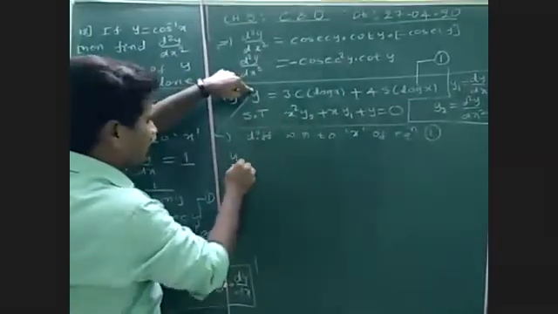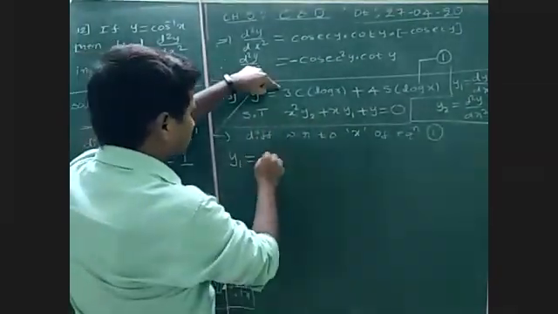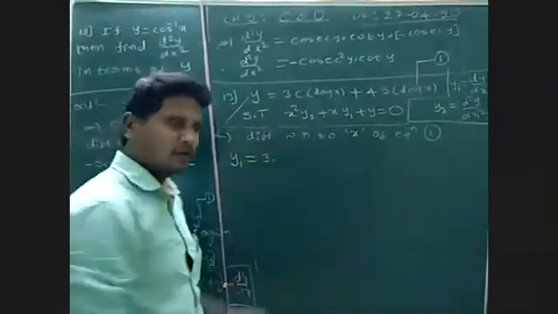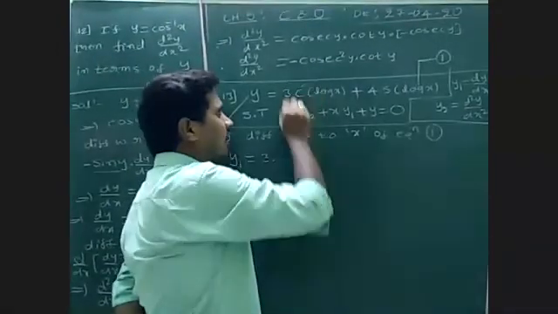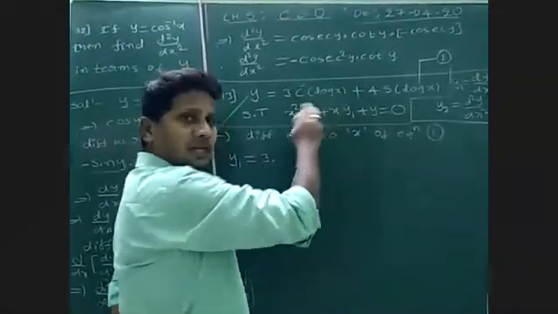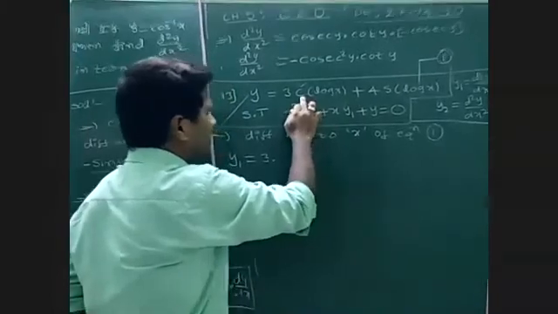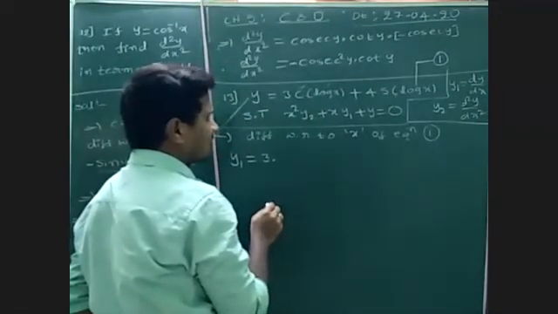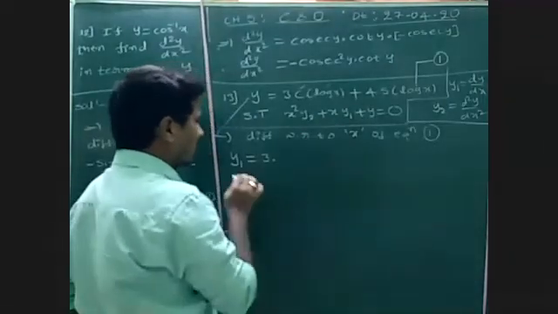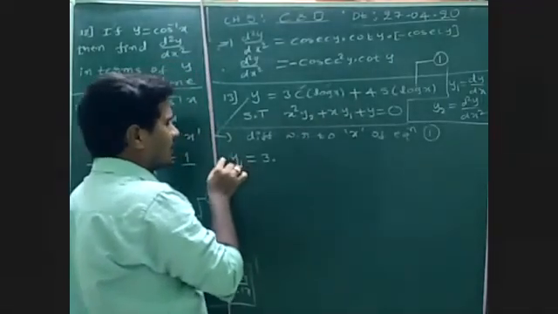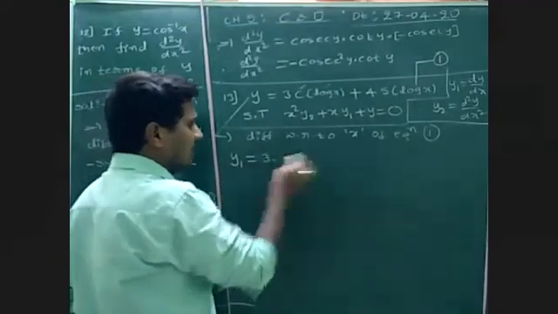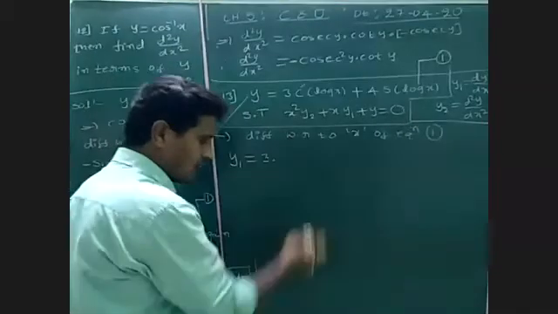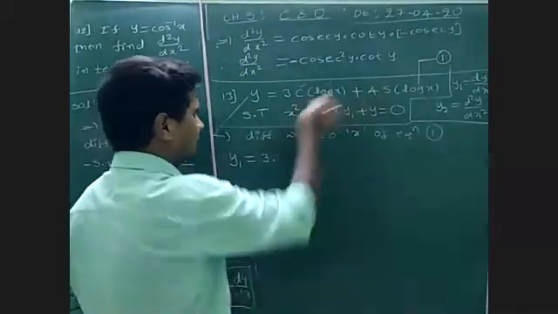First derivative: y1 is equal to 3 into, 3 is a constant. Now tell me here, again we can apply chain rule. First we can differentiate cos, after that log. Okay, chain rule we can apply. What is the derivative of cos? Writing directly, otherwise we need to write dy by dx is equal to d by dx of the total function, after that write separately. Okay, we need to write 2-3 steps. I am doing directly here.